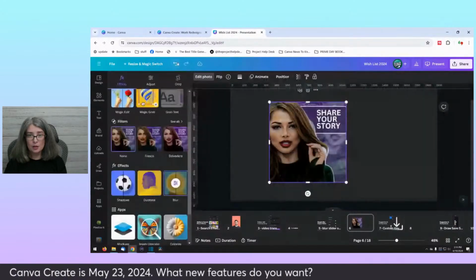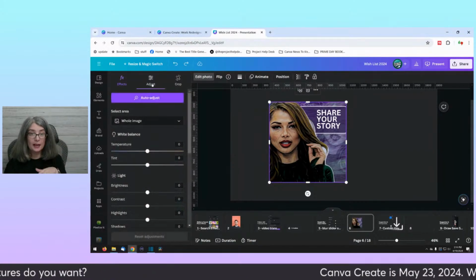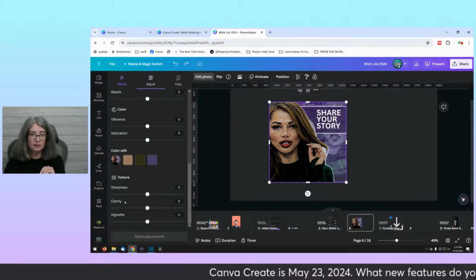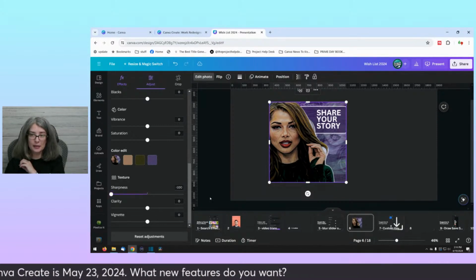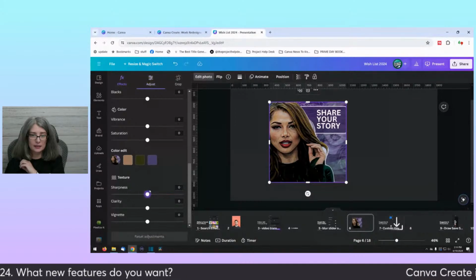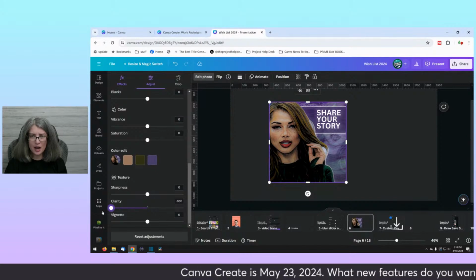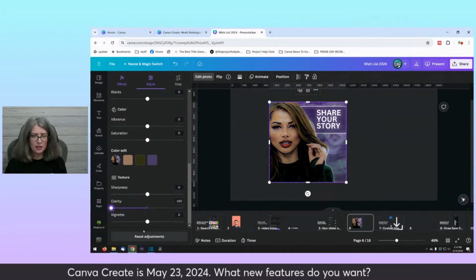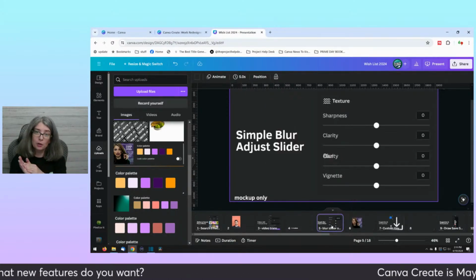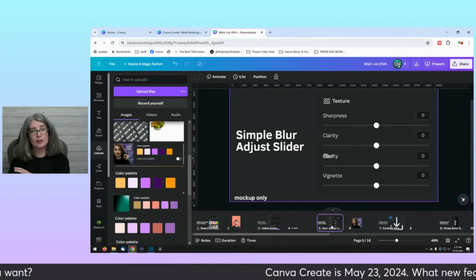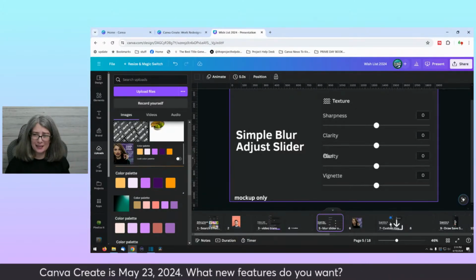Let me click undo. Where I would love for this to be is, or just a simple thing, I would love for it to be under Adjust and just so that I could slide for the whole image there. Now, if I click sharpness, it doesn't do it. Let's see, what about clarity? Clarity changes it a little bit, but not enough. So yeah, I would really love for there to be a blur slider, a simple blur slider on the Adjust tool tab. Does that make sense?